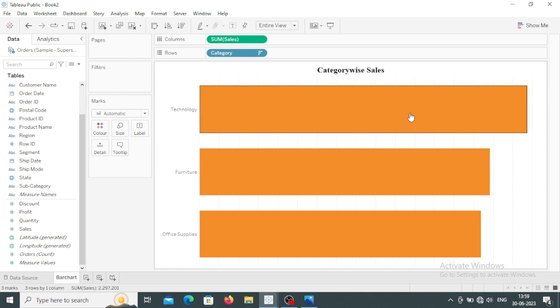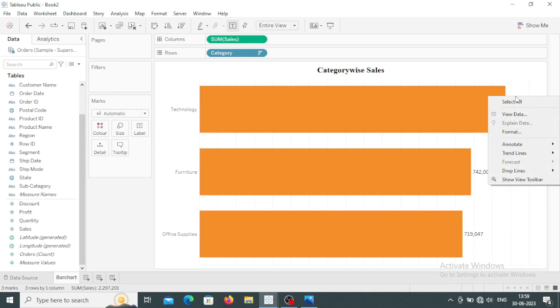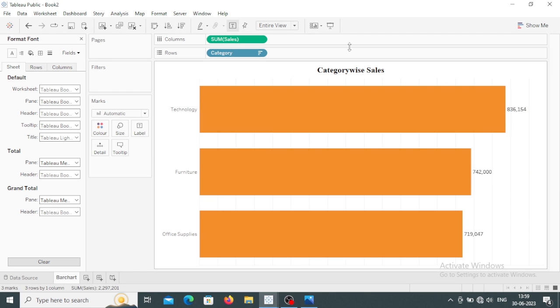Again here on that graph I need to show the total sales. So just click on that T symbol. Here you can see mark label is there. So click on that. Now you can see that label is there. The total sales for the technology is displayed. Again this sales I want in the 1000 format. So I want to format that sales. So how to format? Go to format, and here you can see that